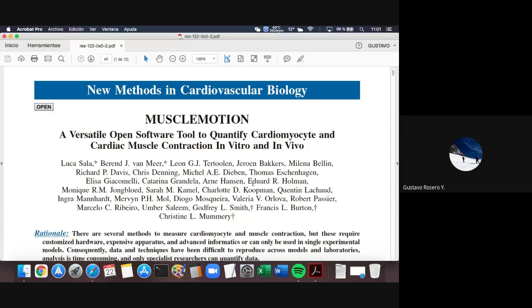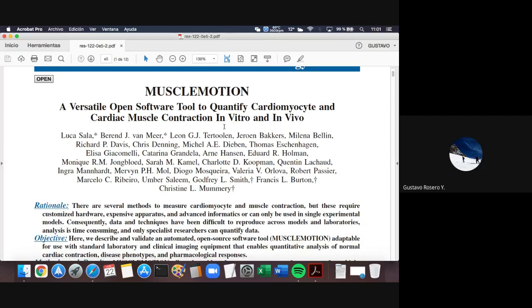This in Fiji, and it's called MUSCLEMOTION. And this is a plugin that allows to measure the contraction of cardiomyocytes in different platforms. In this case, this is the